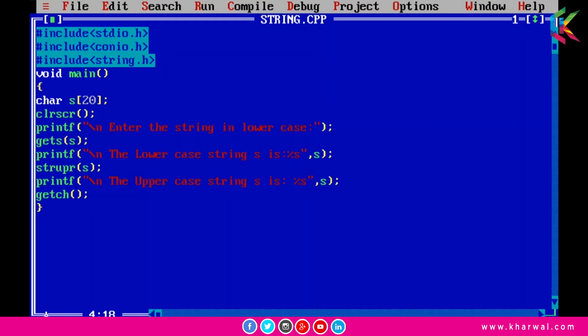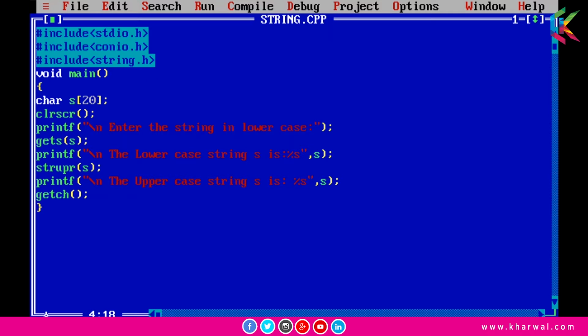So guys, in this program you will learn how to convert a lowercase string to an uppercase string by using a library function. The library function we are using is strupr, and it is declared in string.h. In the main function I have declared a character array of size 20, and I am taking input from the user by using the gets function, and then I am printing this lowercase string by using the printf function.